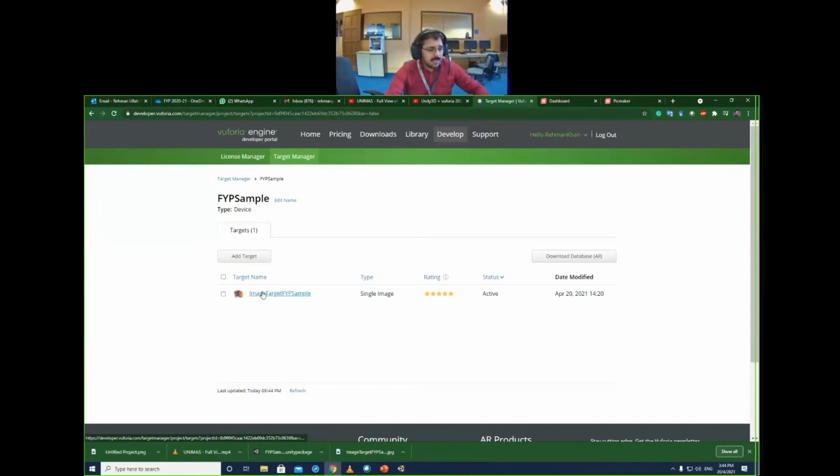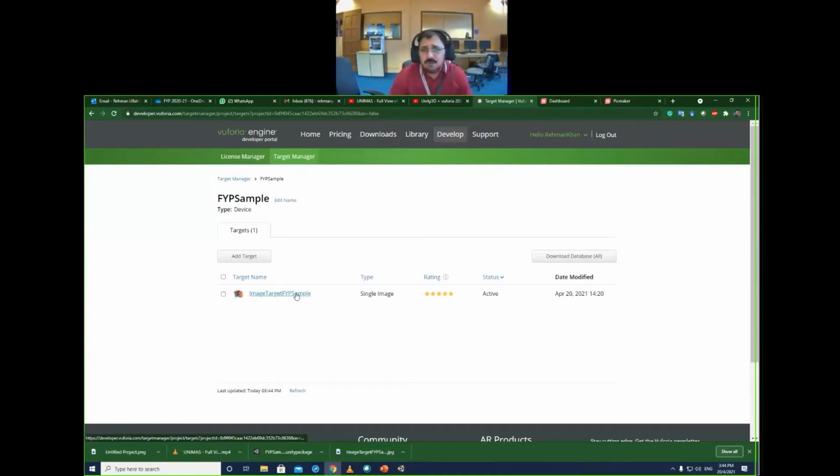If your image has many key features, is quite clear, not blurry, and has many edges, then the rating will be five stars. It means it is easily recognizable. If the number of stars is less, it means you will face problems in recognition later on. But if five stars, it's good. Four stars is also okay.